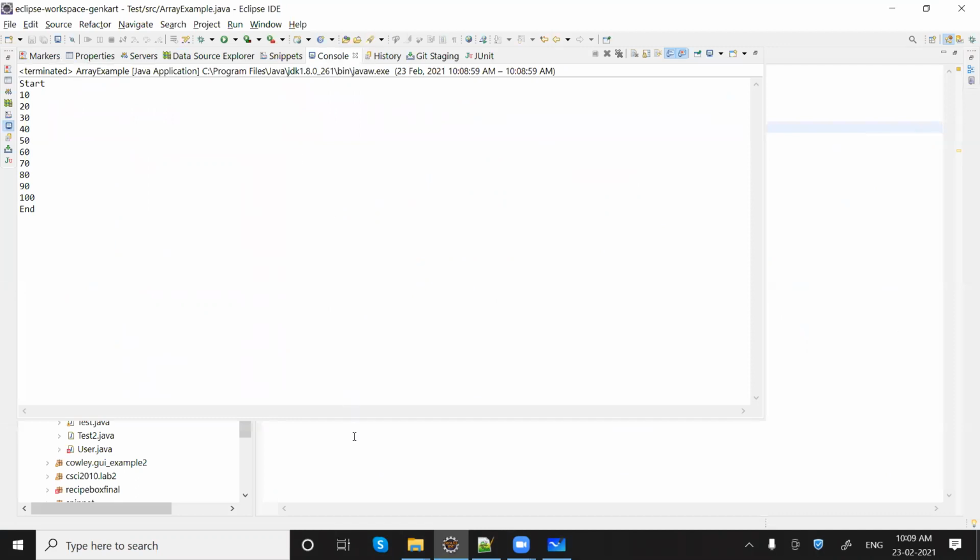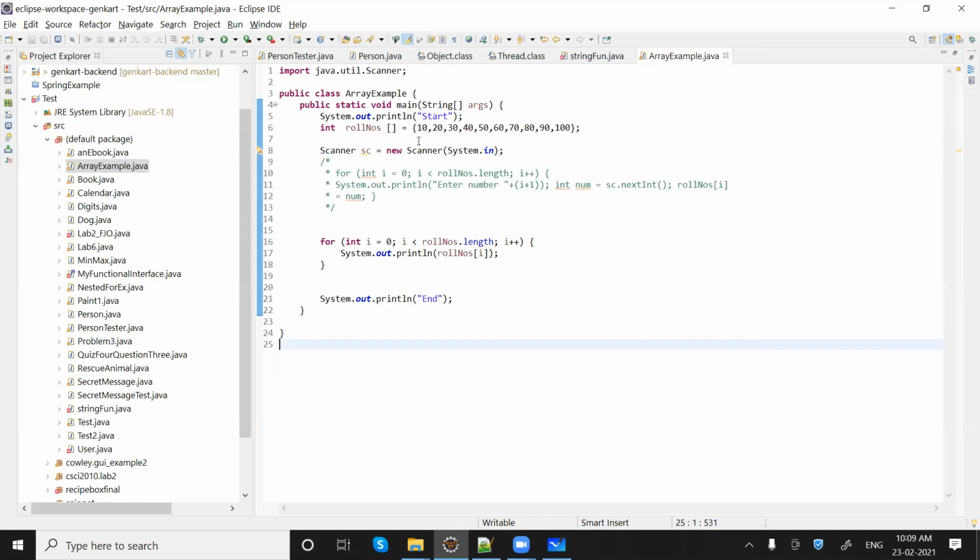Okay, now next thing what I'll do is I'll create an array of 2 by 2, sorry, 3 by 3. So basically in a 3 by 3 array there will be how many elements? 9 elements. That means there would be an array of arrays like this, or we can say there will be sub-arrays inside this. So when we are saying like this, we need to introduce one more square bracket here.